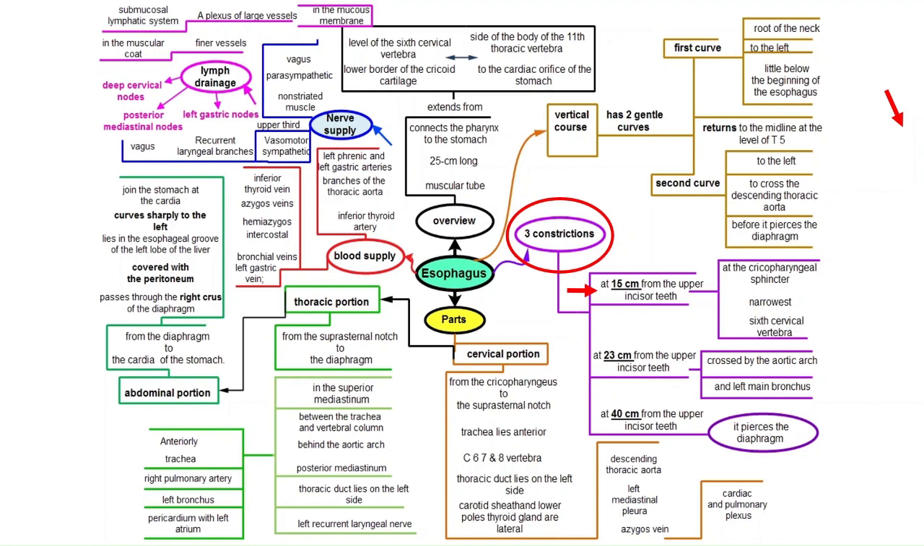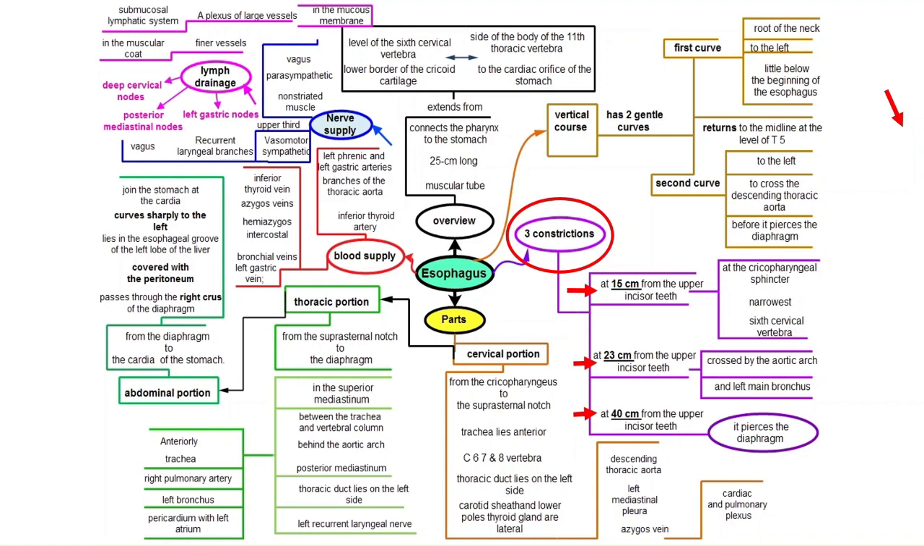And the third constriction is at 40 centimeters from the upper incisor teeth, and it is where the esophagus pierces the diaphragm. These are important. The 3 constrictions must be considered whenever you do endoscopy. There is another subject,